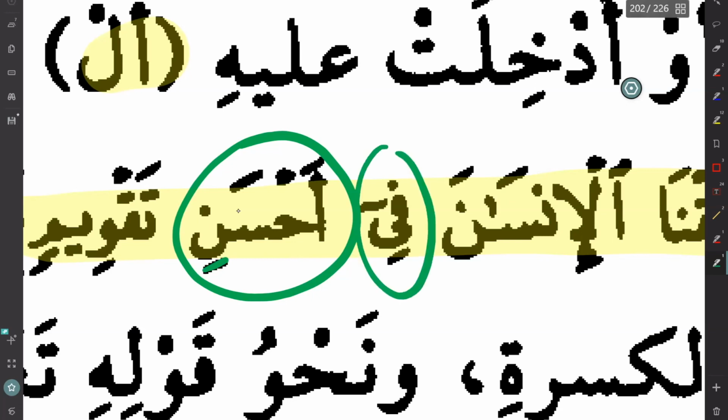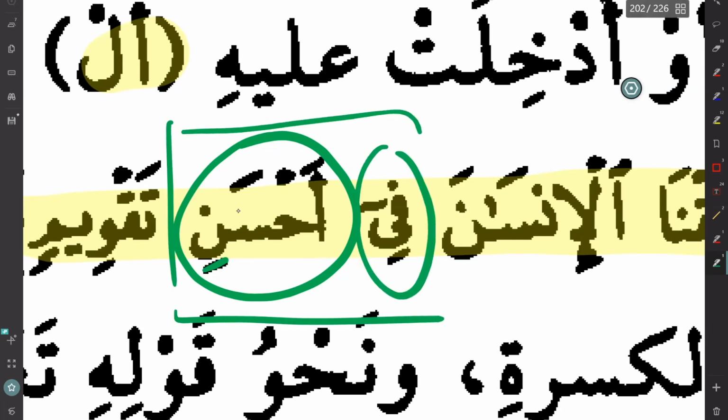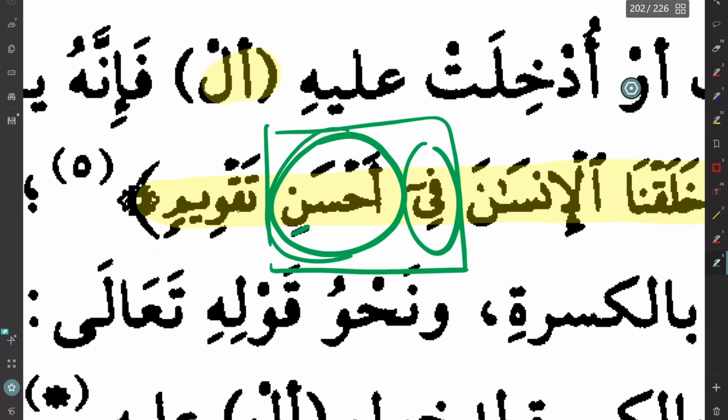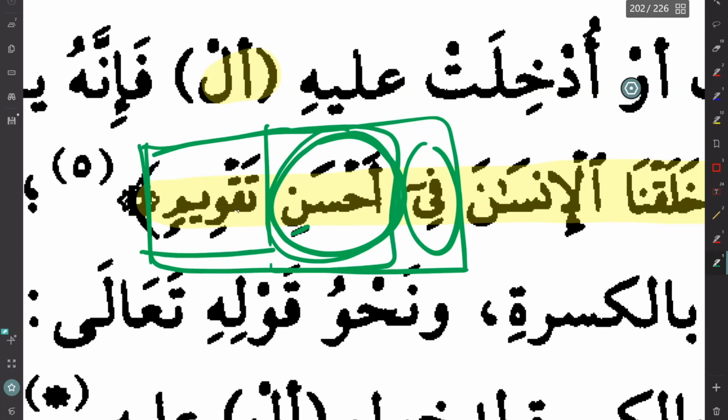And we have fi. And why are we putting a kasra here? It should be fi ahsana. Why? Because this word is the mudaf of taqweem. So we have an idafa. When the mamnu min as-sarf comes in the idafa, when we say idafa, we mean the mudaf, not here. If it comes here, it doesn't do anything. When it comes as a mudaf, then it gets back its asal, meaning it can accept kasra.